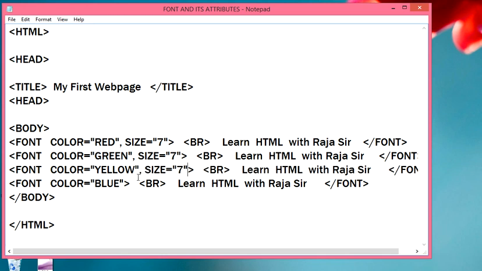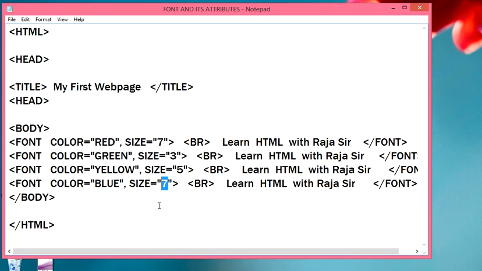I am going to give size everywhere: here size 7, here I am going to give size 3, here size 5, and here I am going to give any size, but the maximum size is 7. Okay students, make sure only one font close will be there, because only one font is there. So what is color and what is size? Color and size are attributes.